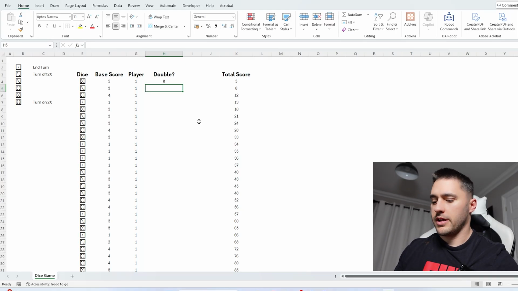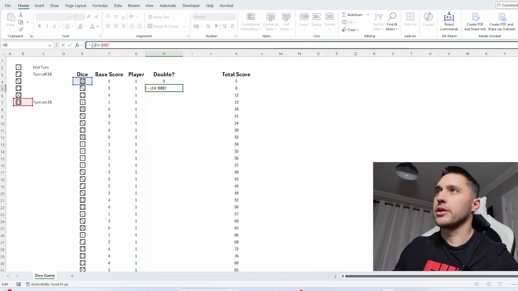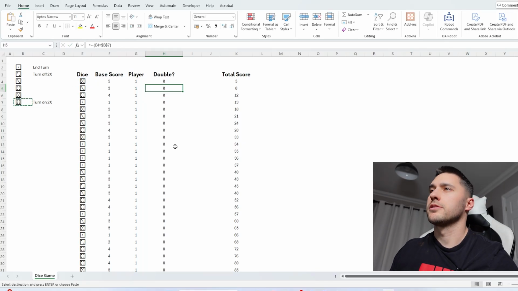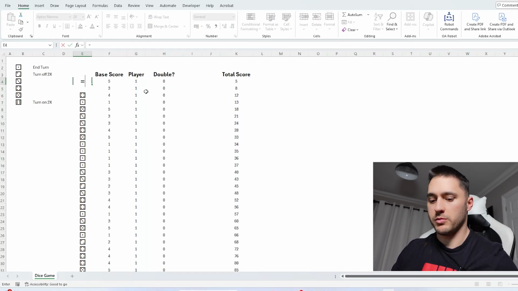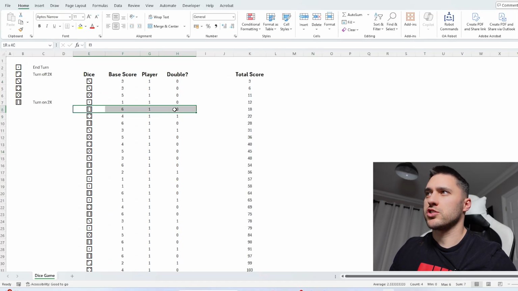So if it's on, I can say equals this equals a 6. That would turn it on, and I'll lock that. Let's do a minus minus and put it in brackets to turn it into 1s and 0s. I haven't had a 6 for ages, so I'm just going to randomize all my dice rolls again. Okay, so we have our double flag to say where we rolled a 6 on the last turn, but we